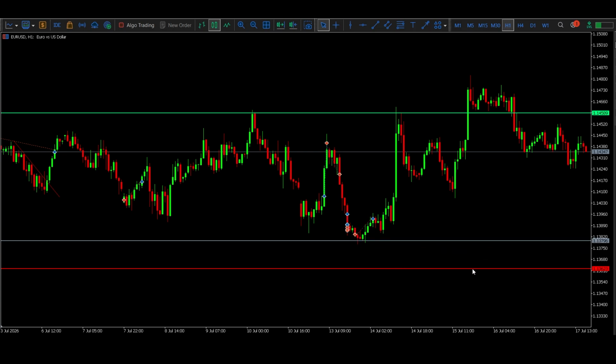But what was the real problem? The first and biggest problem: losing hope of recovering the account. When I stopped believing that I could recover the account, I stopped focusing on executing my plan. I was no longer trading my strategy. I was just trying to get my losses back as quickly as possible. And that is exactly when a trader starts losing control.